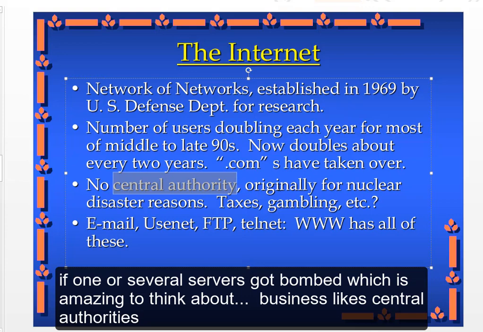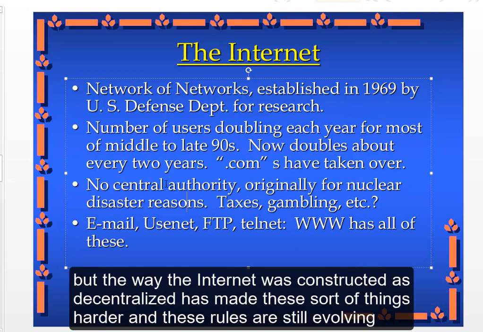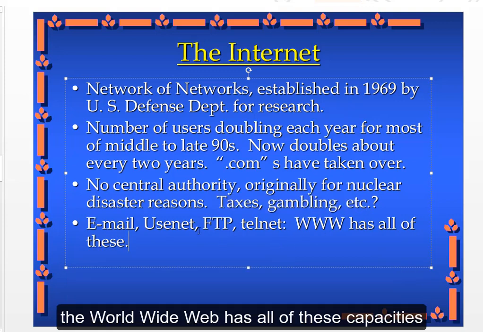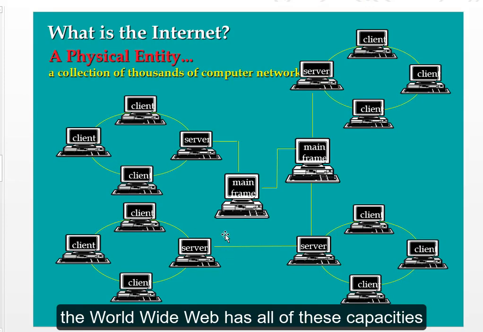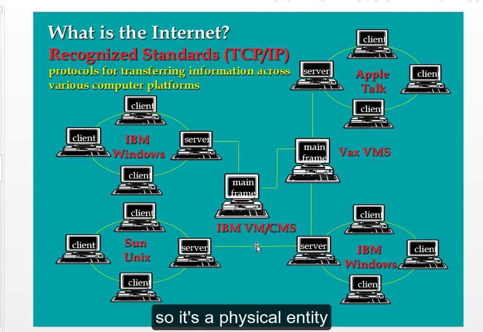Business likes central authorities because you can tax business and governments, really. But the way the internet was constructed as decentralized has made these sort of things harder, and these rules are still evolving. The World Wide Web has all of these capacities. So it's a physical entity, common protocol,